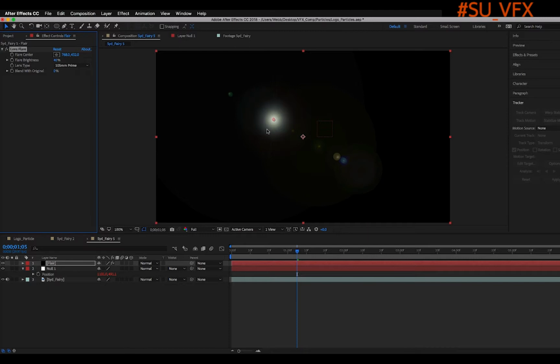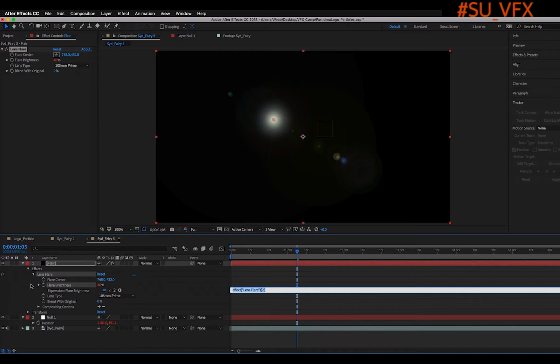Most flares don't just hold that light. We want to be able to make this flare kind of flash in and out. So if I go over to my flare brightness and hold down Option or Alt and click on the keyframe, this will open up our expressions down here in our composition. This time I'm not going to pick whip it to anything. I'm actually going to put an expression in that I use a lot, and that is wiggle. I'm going to type in wiggle, parentheses,